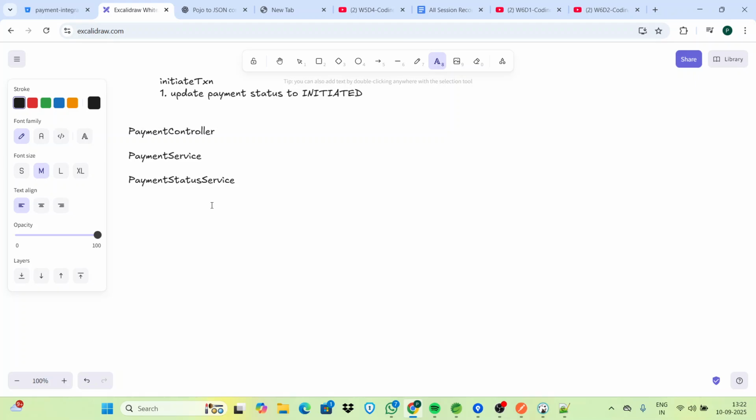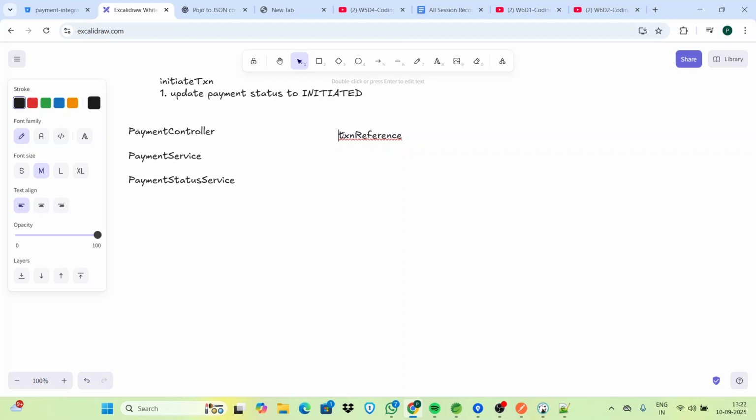So in create transaction we get the transaction reference,